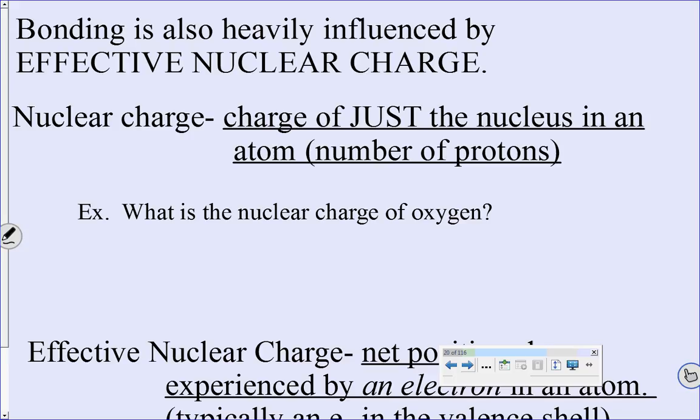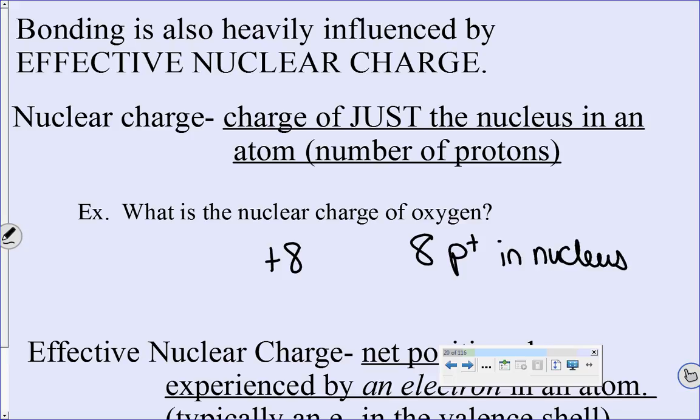Bonding is also heavily influenced by something called effective nuclear charge. We have talked about nuclear charge before. This is the charge of just the nucleus in an atom. In other words, it's really the same thing as the number of protons. So if you go to oxygen on the periodic table and you want to know oxygen's nuclear charge, oxygen's nuclear charge is +8 because there are 8 protons